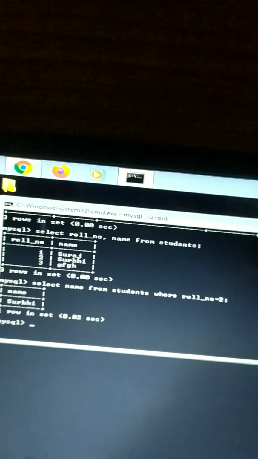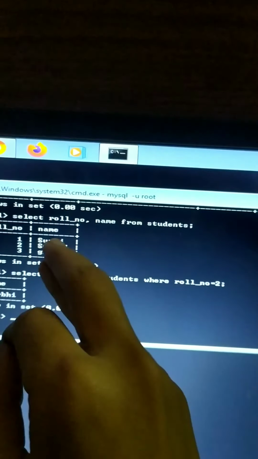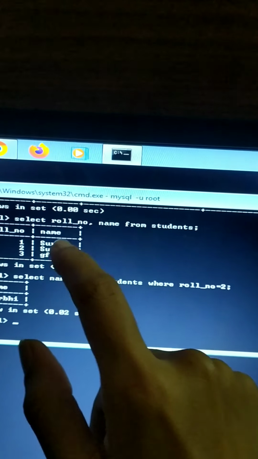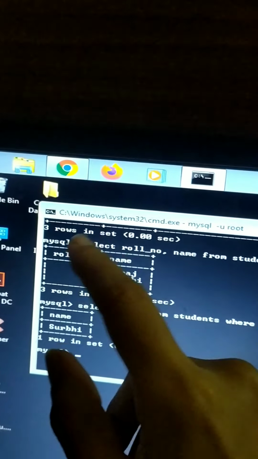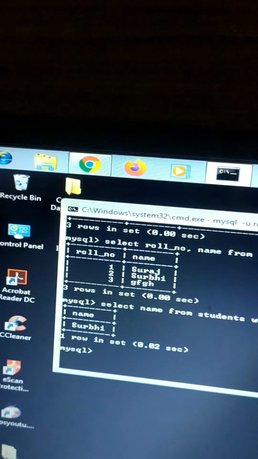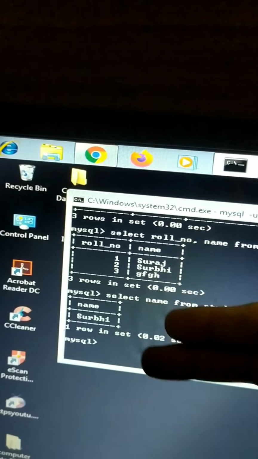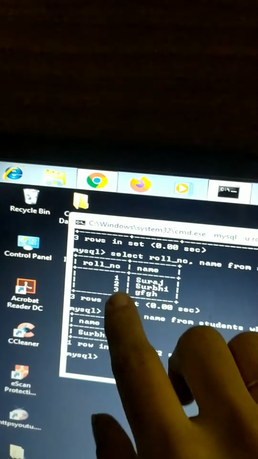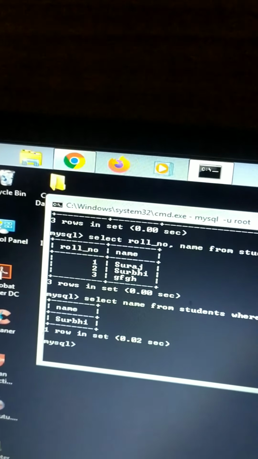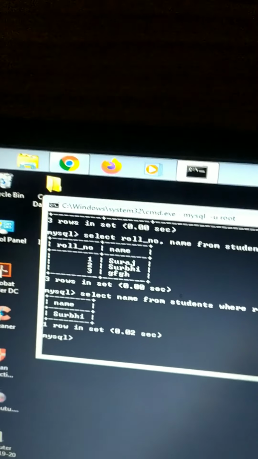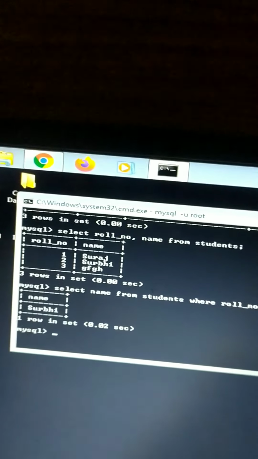Now the next is order by. With order by we can order the table accordingly, like ascending or descending wise. Now suppose this is in ascending, we want to display it in descending order. So how will we write it?